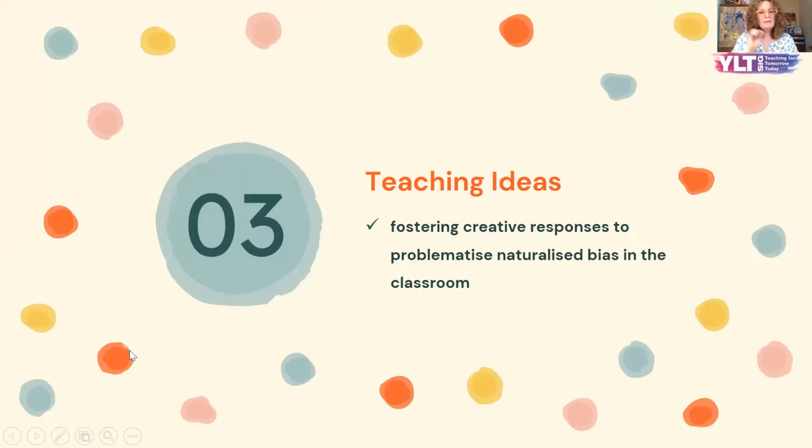Now, the teaching ideas intend to foster creative responses, as I said, to problematize naturalized bias in the classroom. And this is a strategy that we tend to follow. That is, we read the book with the children, there's a lot of book talk, there's a lot of spontaneous interaction. And then the first approach to the books has a lot to do with something creative, because we would like them to express themselves and because we would like them to connect with the books. And then afterwards, there are lots of other activities, more linguistically oriented, if the book allows for that. So let me show you some of these